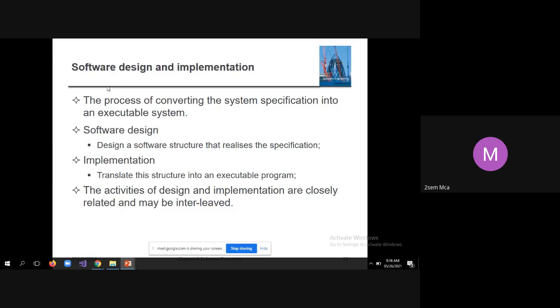It will not tell you in detail how it is to be implemented. To depict how it is to be implemented, we have to go for detailed design. As part of detailed design, we draw flowcharts, data flow diagrams, sequence diagrams, use case diagrams, and so on to show the detailed design of the system.